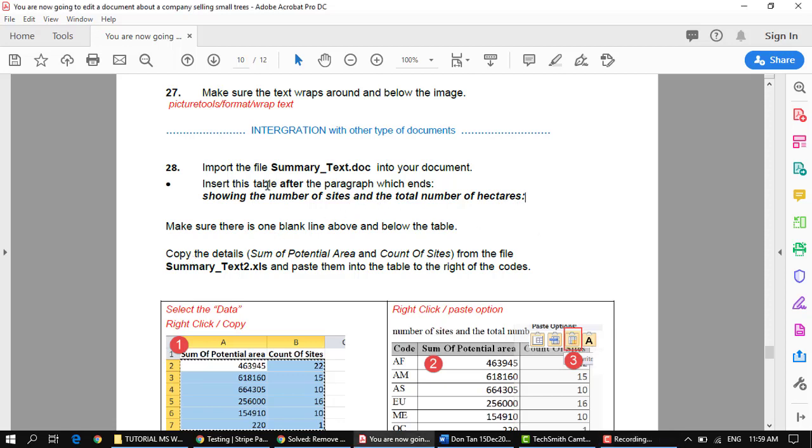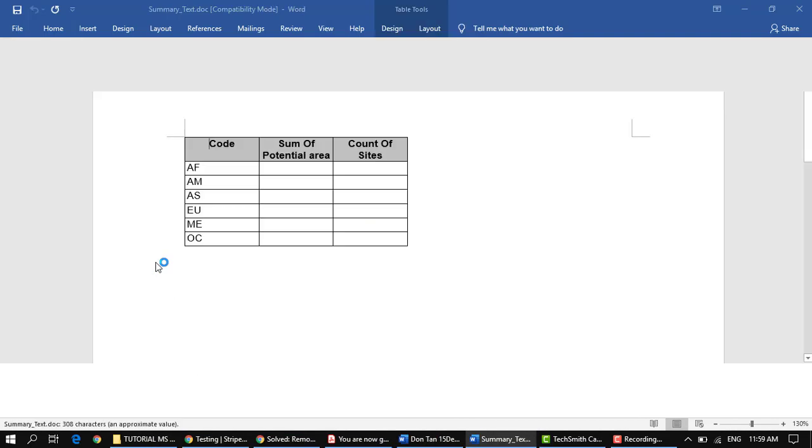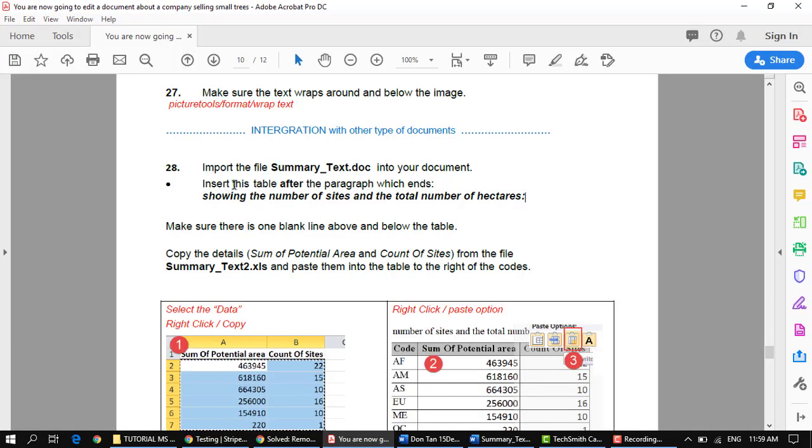For this tutorial, we're going to learn how to integrate with other types of documents. Task 28: open the file summary text document. We go to the tutorials, look for the summary text document, bring it up, and see that there's a table. So we're going to insert this table after the paragraph which ends showing the number of sites and the total